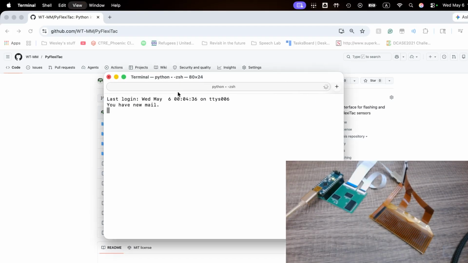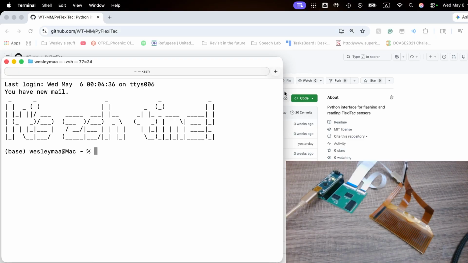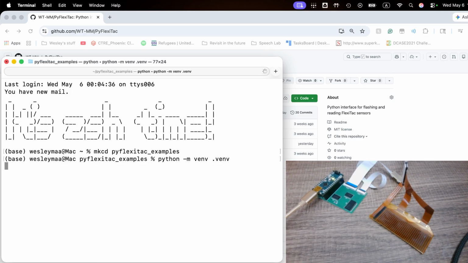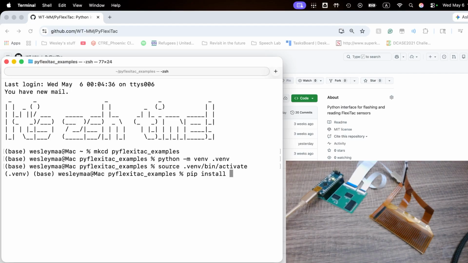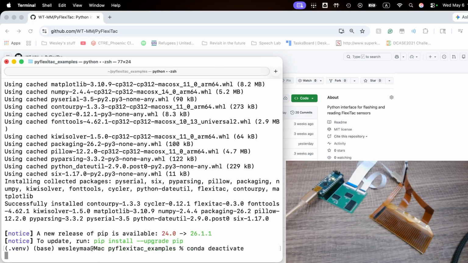Alright, hey everybody. I'll just be walking through a flashing and test tutorial for your FlexAttack sensor. So first I'm just making a test directory and creating a virtual environment so that I can install FlexAttack, the Python package, into it. And the Python package supports a variety of tools, mostly just flashing, but also it